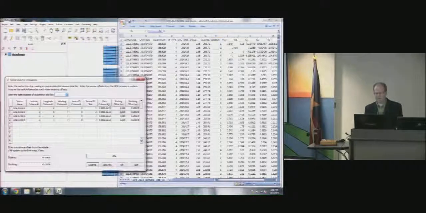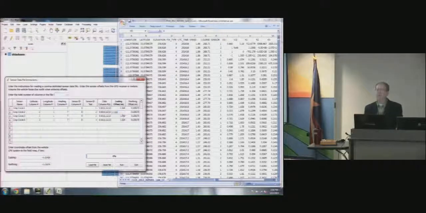And finally, the easting and northing offsets. This is the way the tractor was set up in this particular season, where remember I said we assume here that the vehicle faces due north. So imagine your vehicle facing due north, and now you have to provide the easting offset and the northing offset for each of those sensors